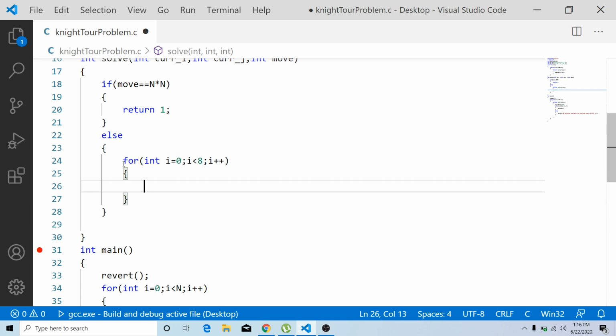Inside this loop, we have the current i position and current j position. Now we have to find the next i position and j position, the next possible cell that we can move to, and also we have to check whether that particular cell is a valid cell or not using a bounding function.